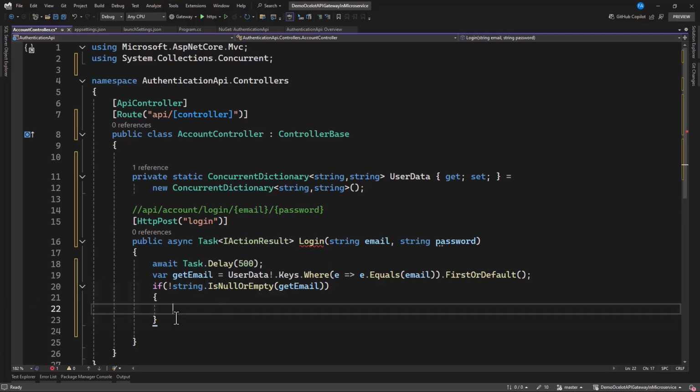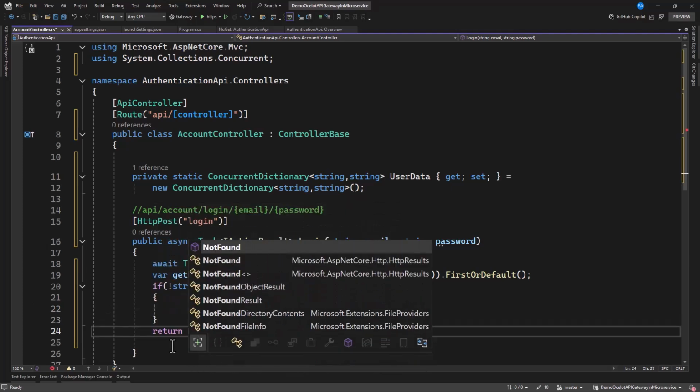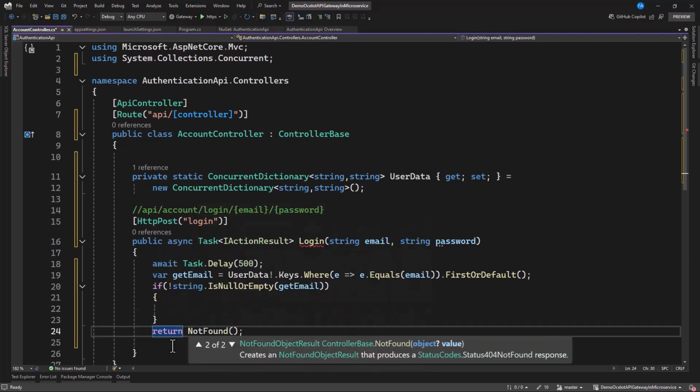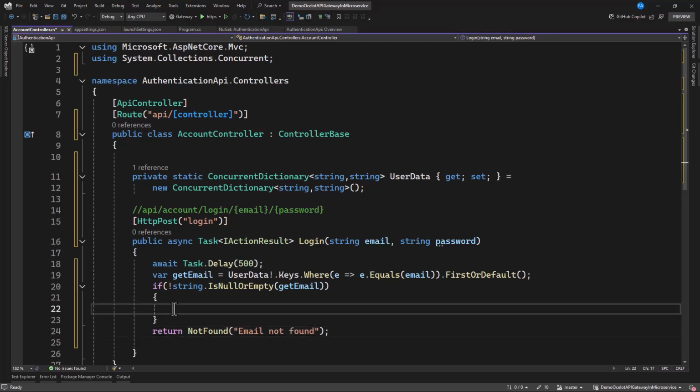We can return not found. That is all. Maybe we can pass in email not found, and customize the message in here. And in case we find it, then let's check if the password the user is providing is equal to what we have in this data or in this list.